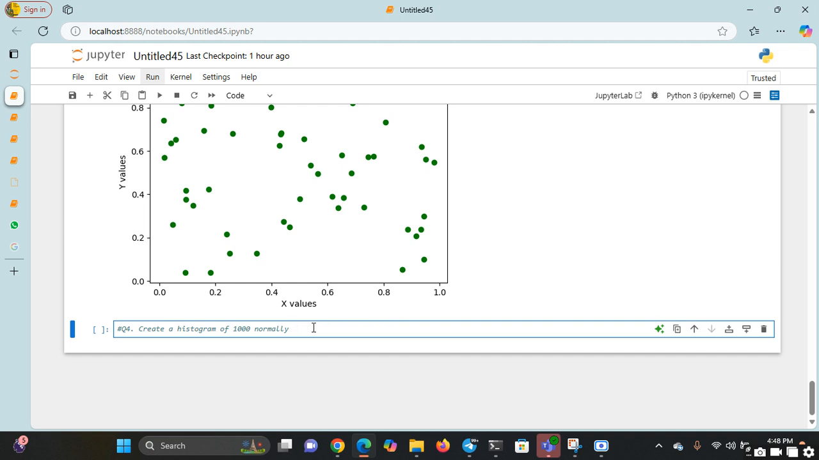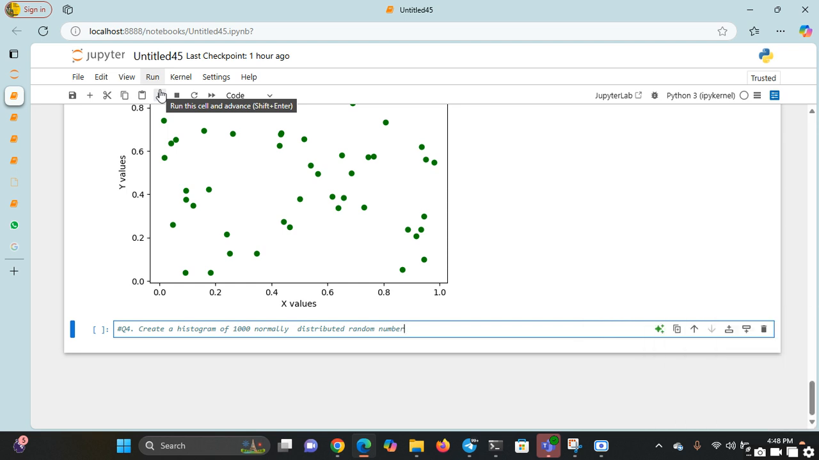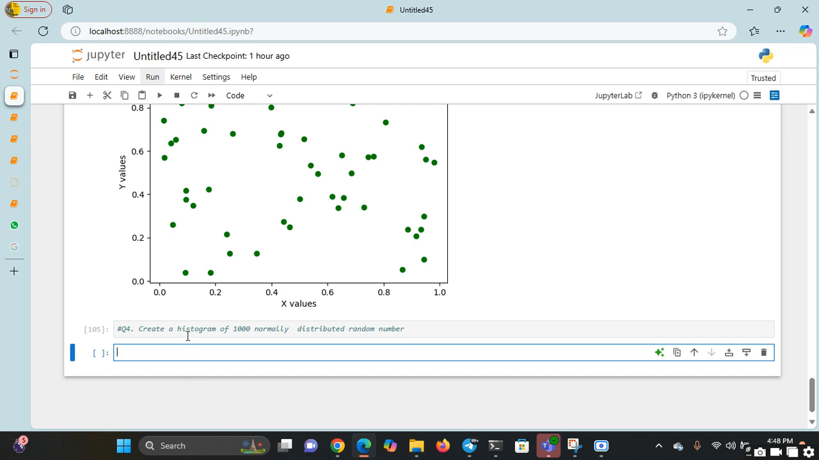let's go to question number 4. It says create histogram of 1000 normally distributed random numbers. Let me use distributed. So now for this, we want to find the histogram. We want to create a histogram of 1000 normally distributed random numbers. So now for us to create this,